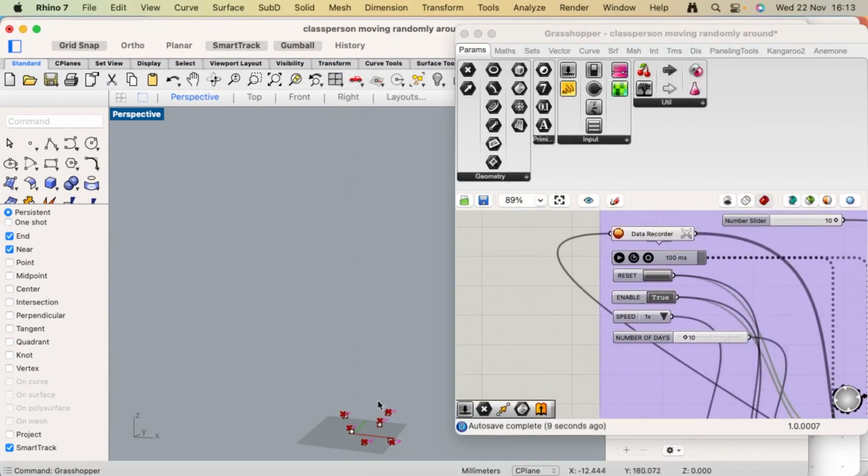Okay, so you see our little guys down there? There's some little guys down there. Yeah? If I press play here,